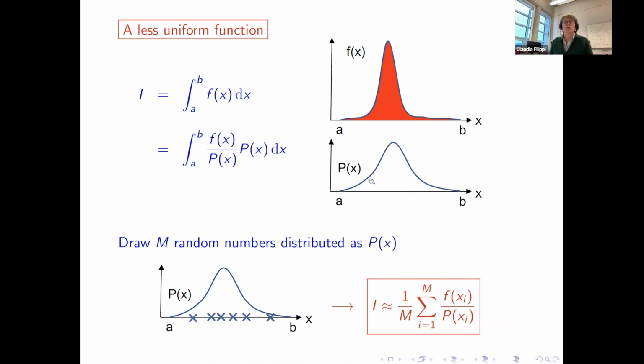So let's assume you are able to actually sample points according to p of x. You will multiply by p of x, divide by p of x, and then what you will do is you will start to sample configurations, which will be, you will have many more close to the center and much fewer close to the edges. Okay, and now again by computing a lot of them, you sample a lot of configurations according to p of x, you can estimate the integral by summing this local quantity, f divided by p, over the configurations and divided by the total number of configurations. And that's an estimate of your integral.